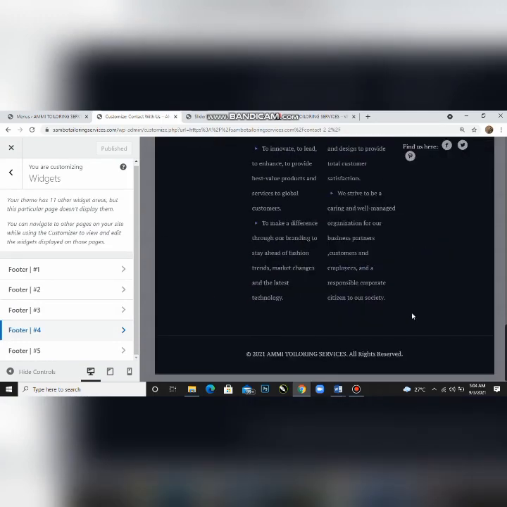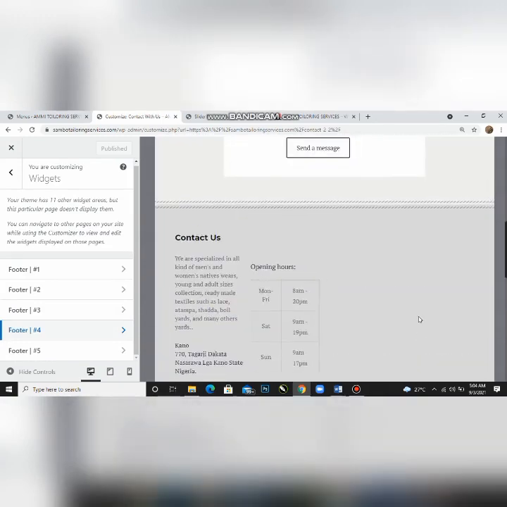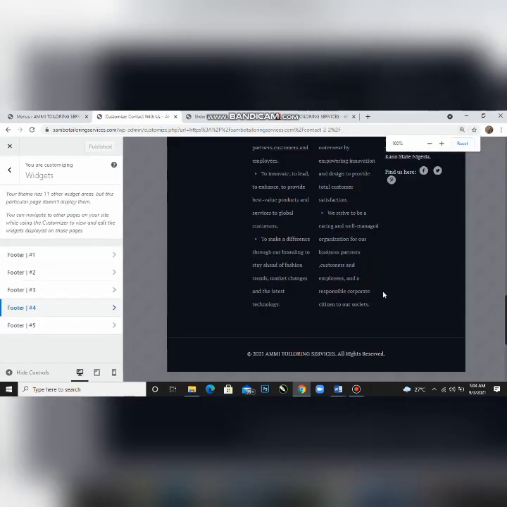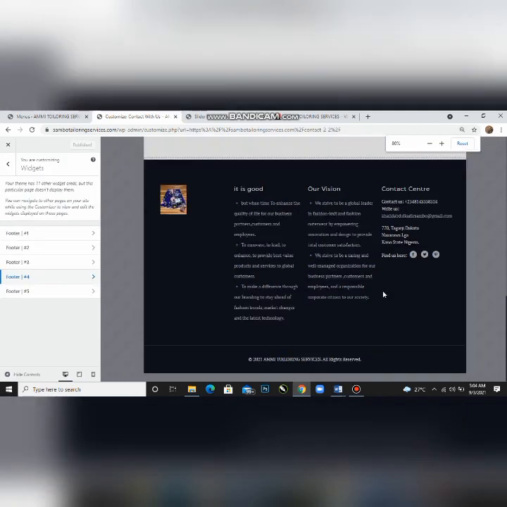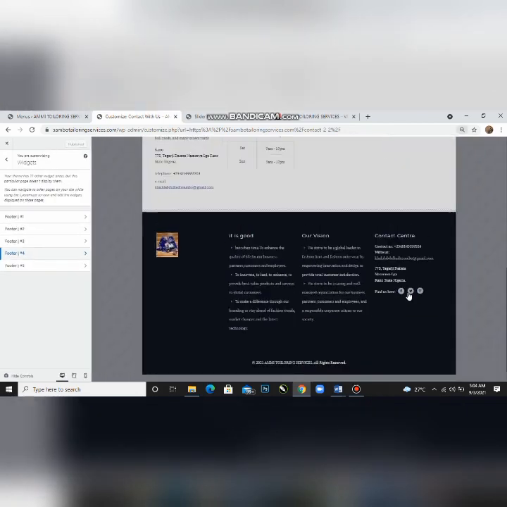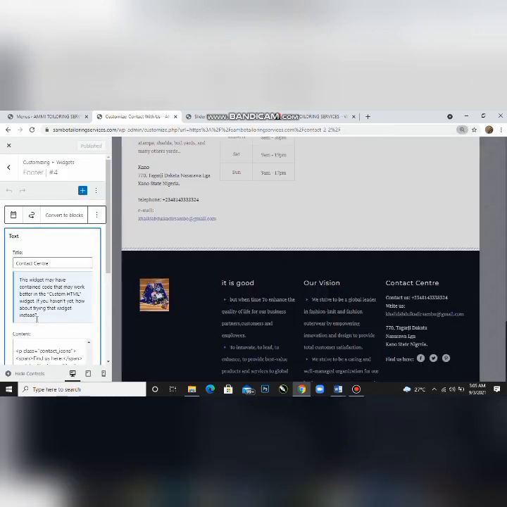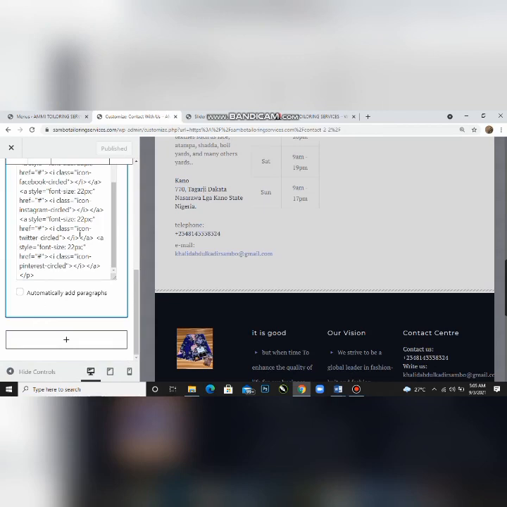Now what next? Okay, after that, let's move forward and see. Let me reduce the size. Let me zoom out. We have done with that. Okay, Facebook, Twitter, let's go there and see. We are still in the fourth line. Let me move to that side as well so that you can see how to do that. Okay, this is your